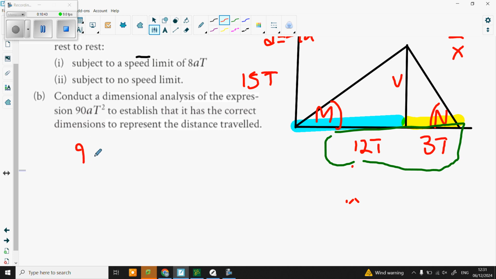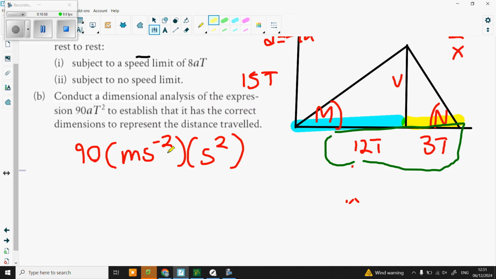Oh. And 90, what's the units of acceleration? ms minus 2. What's the units of t? Seconds, so seconds squared. And can anybody tell me what's the effect of s minus 2 and s squared when you multiply them by each other? It'd be s to the power of 0. And what is anything to the power of 0? 1. Do you guys understand